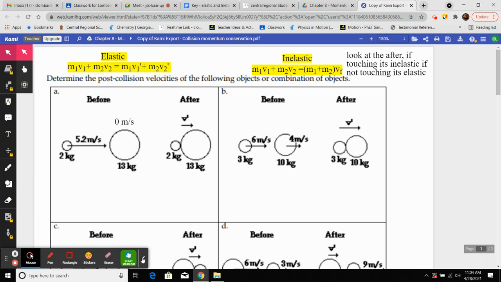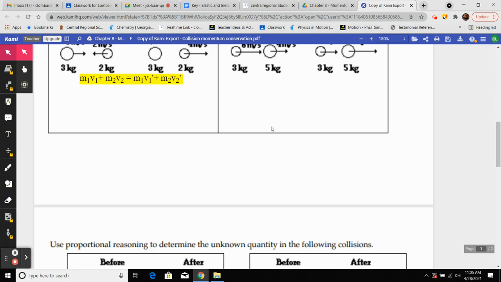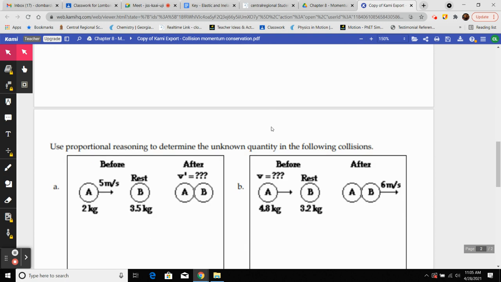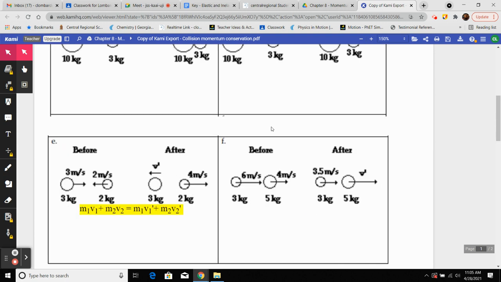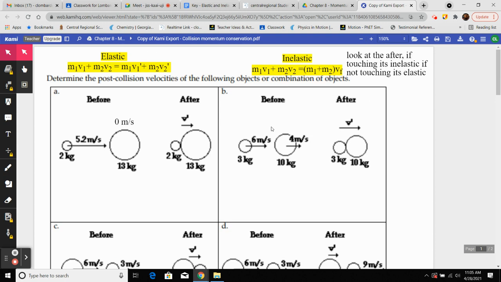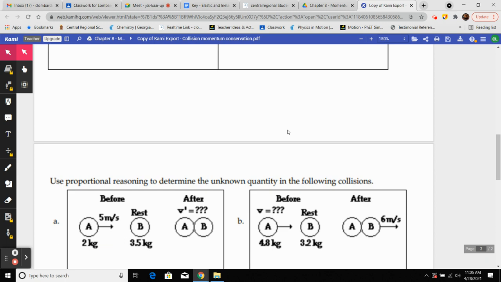So the beginning parts, 1 through F, are just like what we were dealing with yesterday, except the only factor is we're not told which exact equation we're using. So we're going to play around with this and see how to decipher which is which. First thing I wanted to start with, though, is